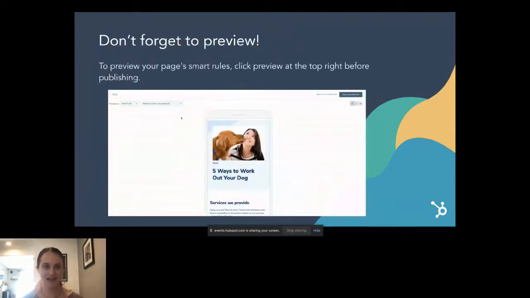And we're going to talk a little bit about one important note: do not forget to preview your smart content before publishing. When you get in there, you're excited about it, you've done all the 4 steps before using smart content, you've decided which of the 8 characteristics you want to use, which of the 3 different types you want to use, you know where you're going to put it, you've gone in, you've updated it, you're ready to go. Do not forget to preview it.